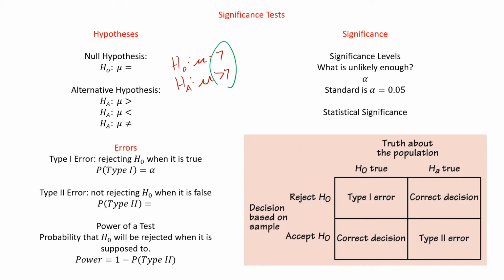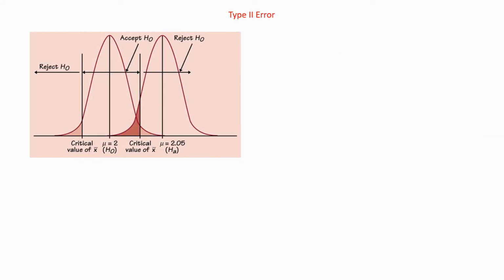A nice little graphic here. This shows you where those errors happen based on our decision and the actual truth about the population, which we don't know. So you get your type 1, type 2 errors. So that type 2 error, we have